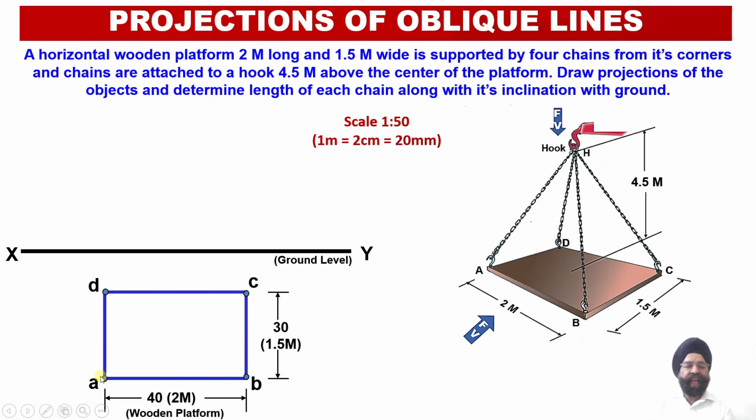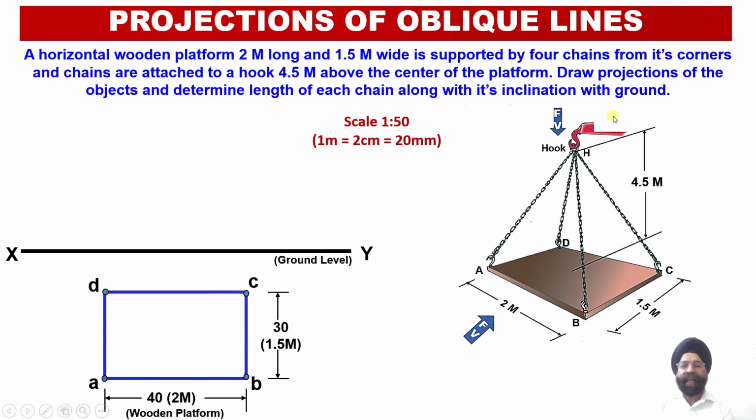So this rectangular construction in the top view projection provides us with the true shape projection of this particular wooden block. Why? Because this particular wooden block is parallel to the ground. Since it is parallel to the ground, we have obtained the true shape projection of this wooden block onto the ground, that is onto the horizontal plane. Now having obtained the true shape projection of this wooden block in the top view, that is onto the horizontal plane,